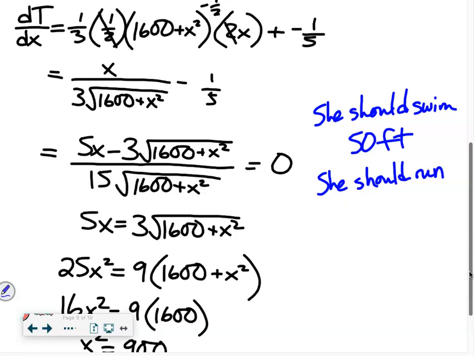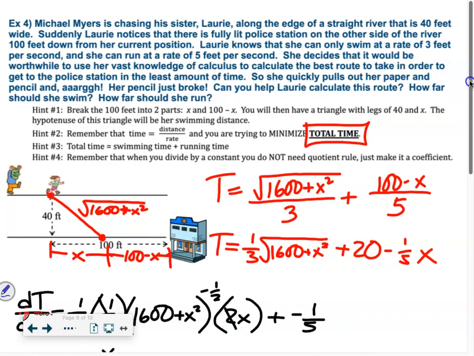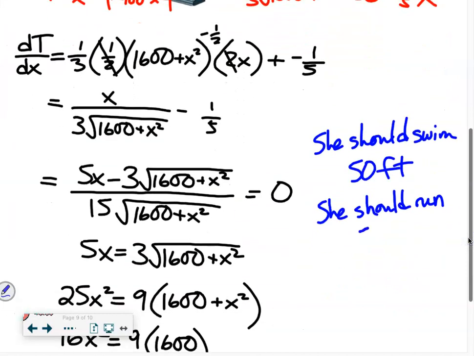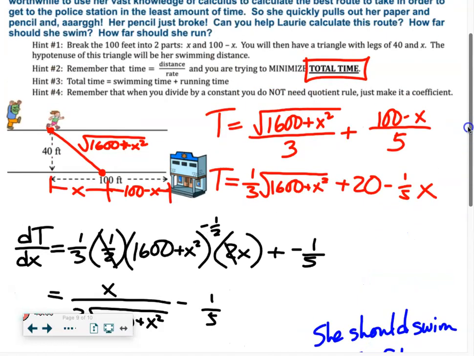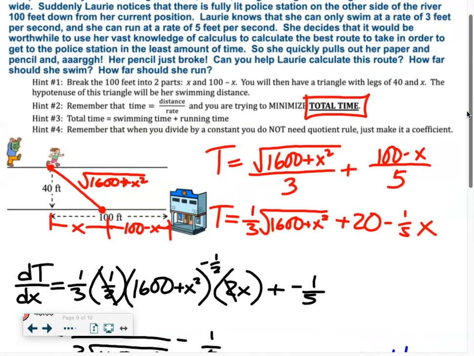Her running distance is 100 minus x. Our x was 30, so how far does she run? 70 feet. She should run 70 feet. So she's swimming 50 feet, she's running 70 feet. So she's going to swim to this point that's 30 feet past where she is right then, and then she's going to run the last 70 feet, and she'll make it,